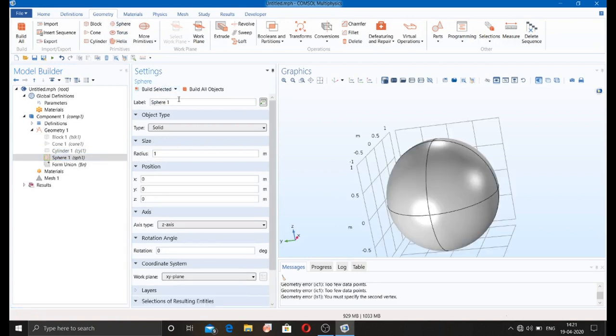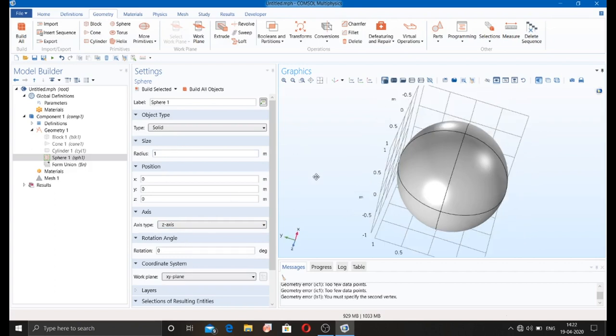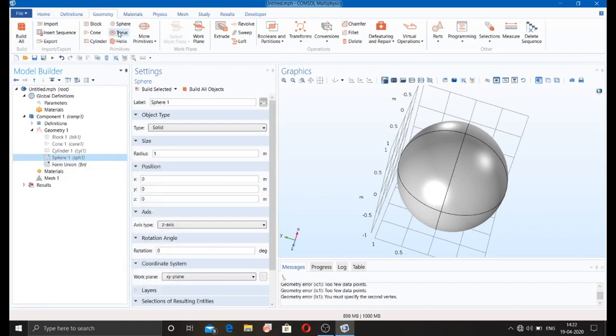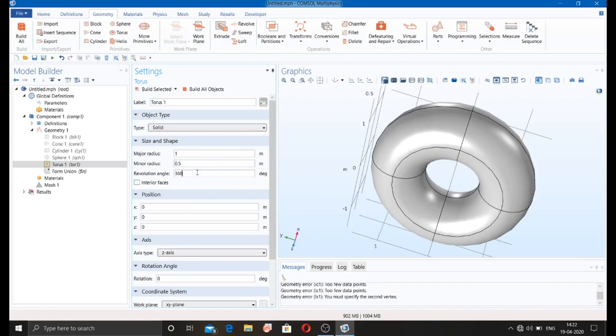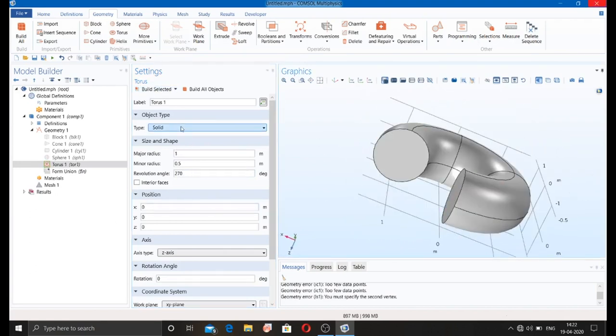Sphere. Torus. Revolution angle you can change from here like this, and it will become this kind of torus.